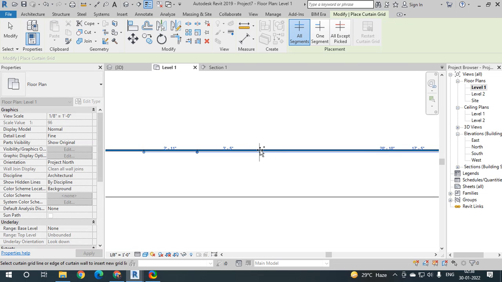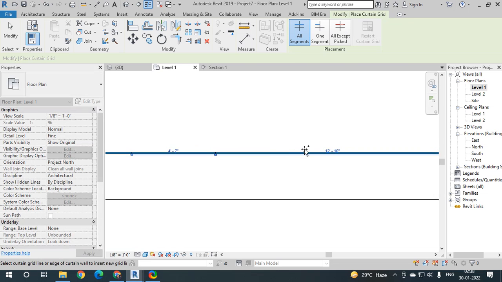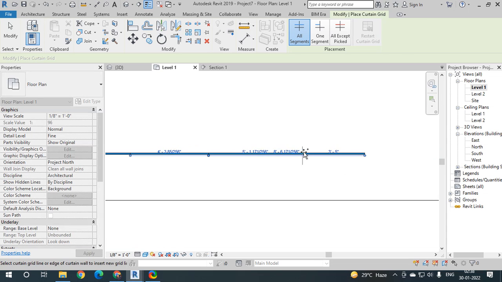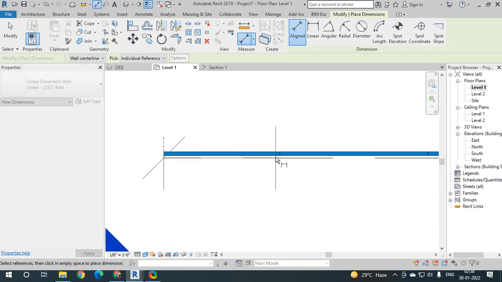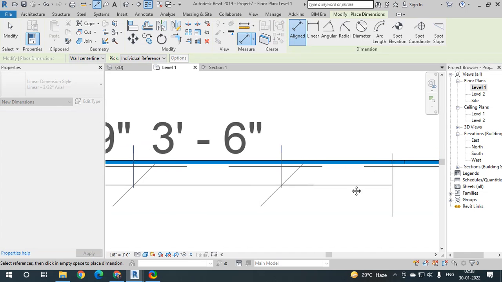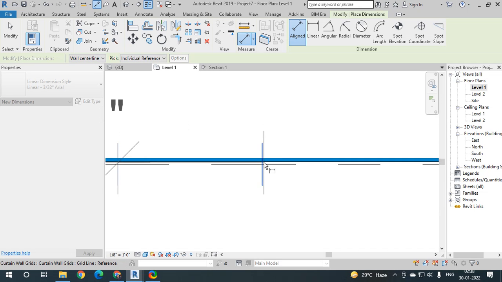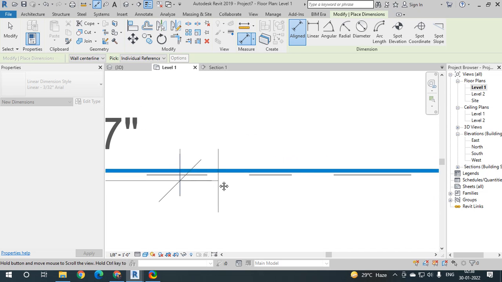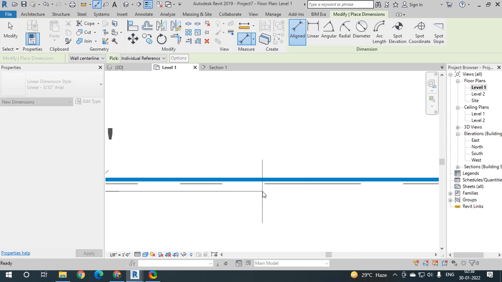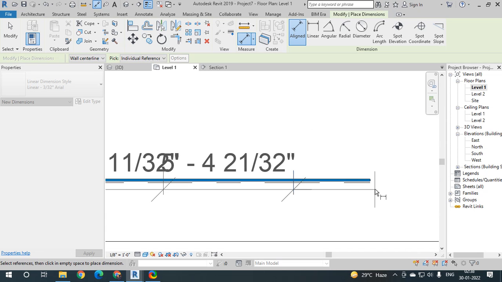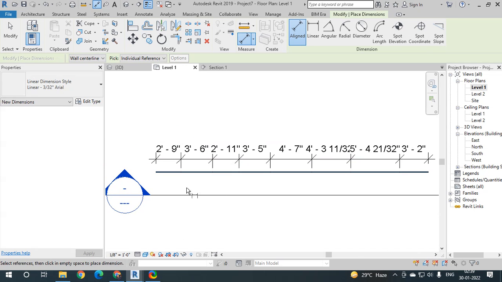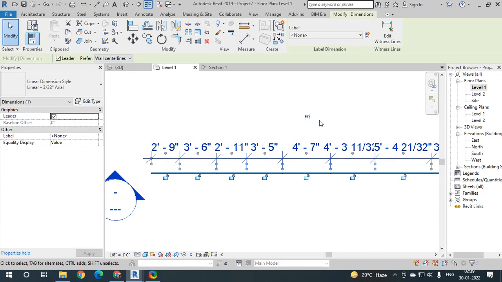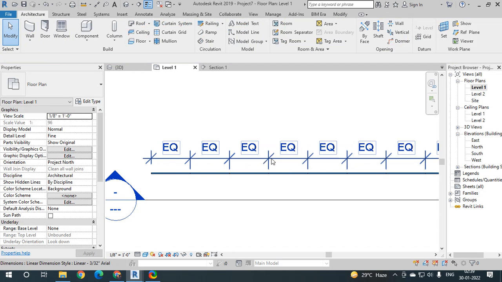After that I will make it equal distance also. I will first place the grids randomly, then I will take the dimensions between two grids, this to this, this to this. See, grids are important for placing the mullion. Grids will act like cutting the glass, so that the mullion can be inserted inside the glass. Now I will click on this dimension and then click on the EQ. So I got the grids placed at equal distance.